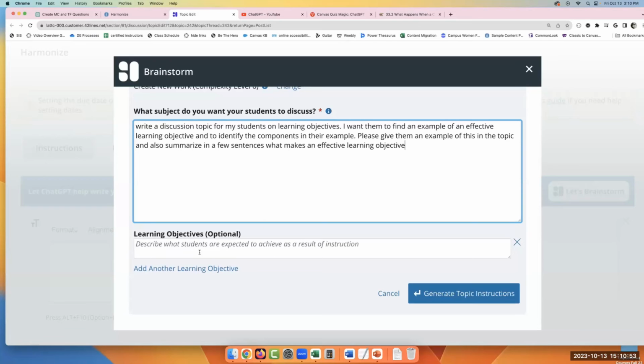So I'm going to put this prompt in here. It says, I want students to find an example of an effective learning objective, to identify the components in your example. Please give them an example, right? And then summarize in a few sentences what makes an effective learning objective. So let's see what happens.